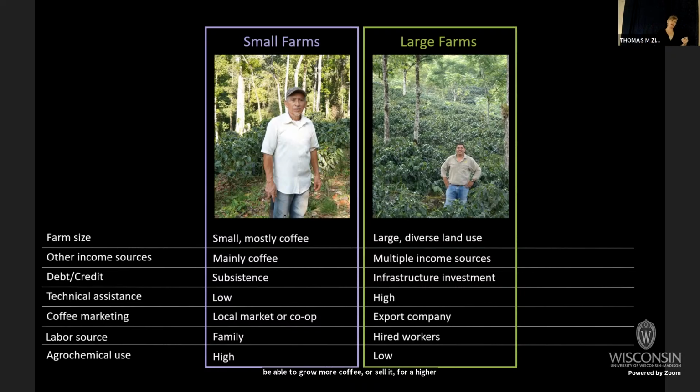They tended to be better educated. Some of the owners, in fact, had degrees in agronomy. So they were putting their learning into practice on their farms, or they knew people that had degrees in agronomy that were advising them. And many of them also had higher access to better markets. So they would sell directly to an exporting company rather than selling in the local market. Or some of them even had relationships with importers abroad that they would sell directly to someone in the United States, for example. And that allowed them to get a much higher price point for their coffee per kilo than